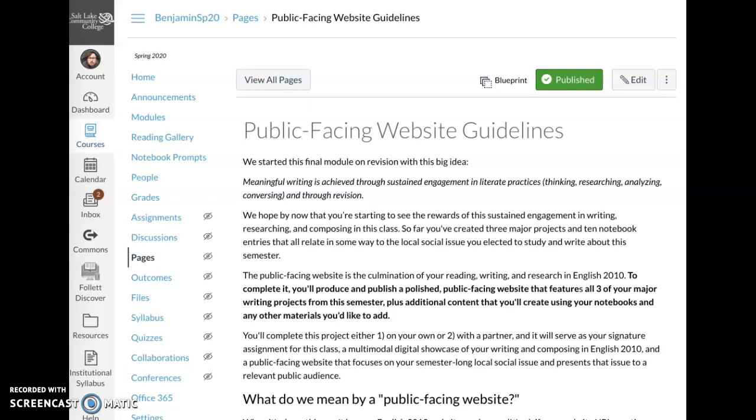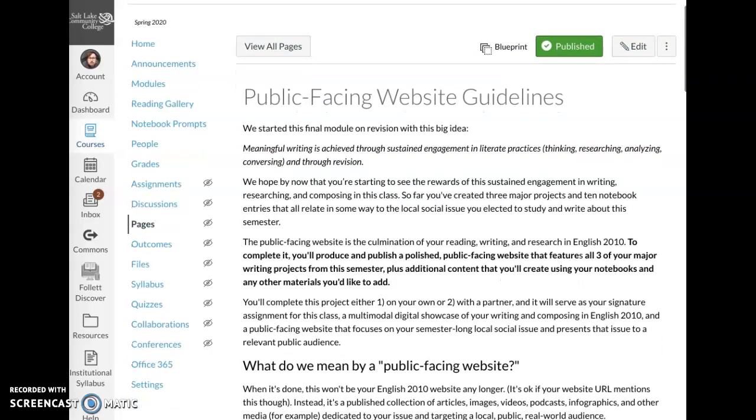I'd like to take you on a quick tour of the final project, beginning with the big picture, what this project is all about and why you're doing it, and then highlighting some of the key details and requirements that I'll be looking for when I evaluate your projects at the end of the semester. After that, we'll take a look at a few completed student projects from previous semesters so that you can see some examples of the variety of different approaches possible when it comes to creating a public-facing website about your local